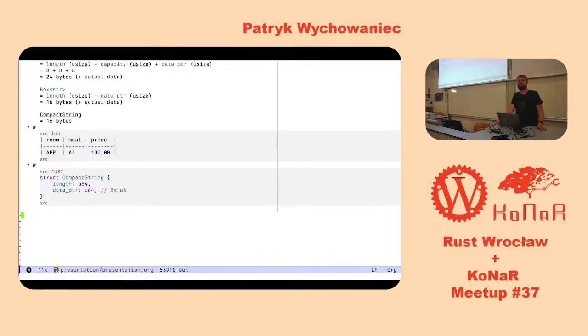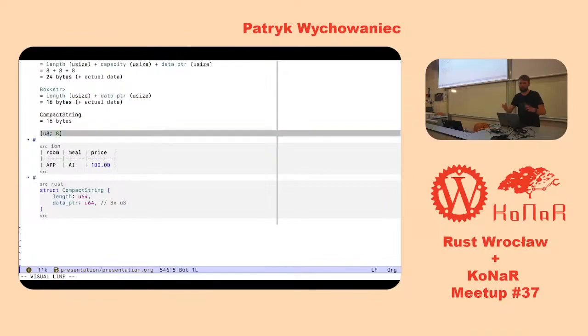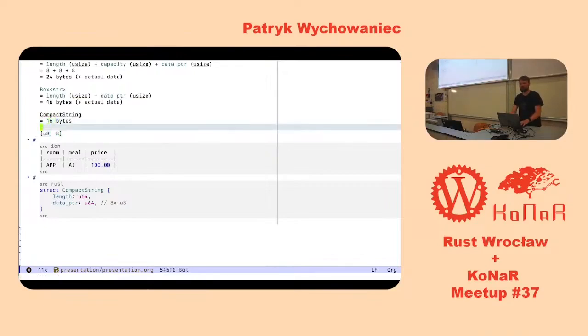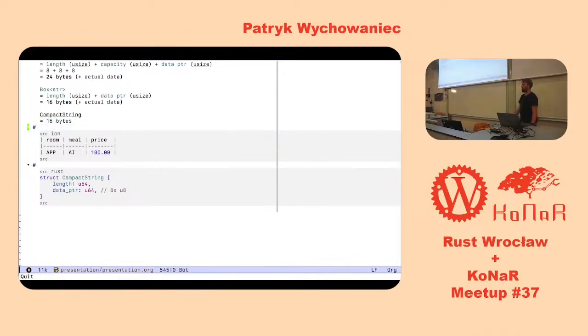The optimization I'm thinking in my head, what if we just said the maximum length is 8 characters, or 10 characters? That saves a ton of things. So to repeat it, the question was why don't we enforce a company-wide policy mandate that room codes or meal codes must be, let's say, 8 characters or less, so that we don't even have to use compact string. We would just store them as, I don't know, u8 arrays or something like that, which would definitely shed off those extra 8 bytes. And the reason we don't do that is that